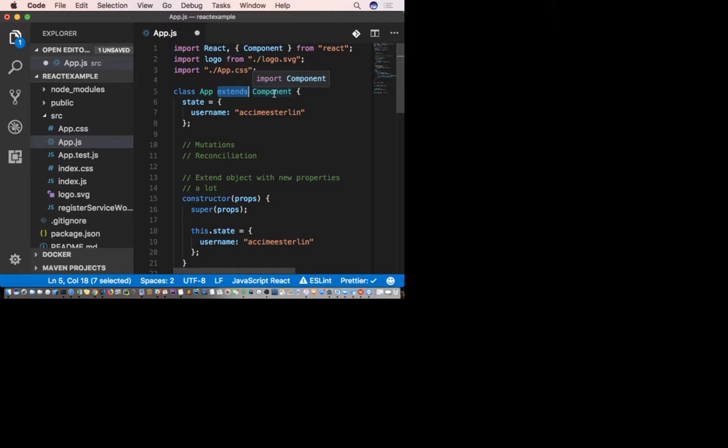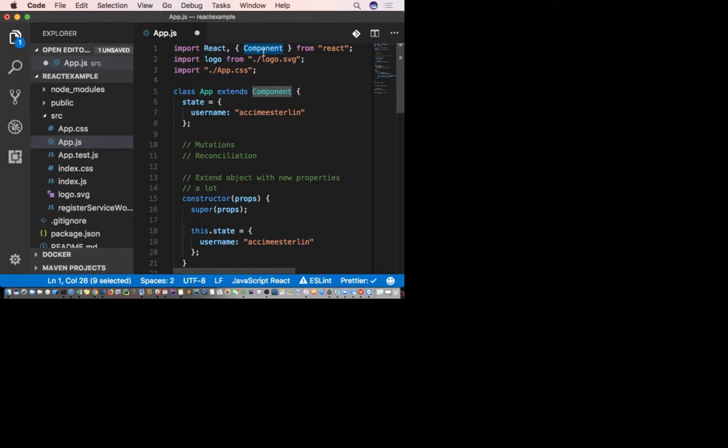This class will inherit all the methods of Component by doing that. And that class they're talking about is a class that's coming from React. This Component right here is a class itself.